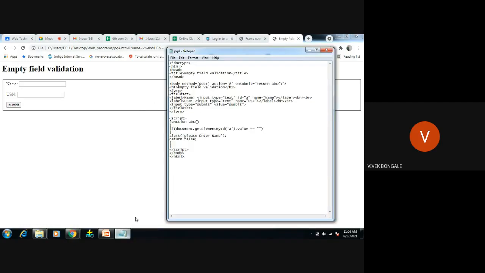If you want to add it, copy the same code again. Control C, copy this, paste here, change the ID to B. Copy the same thing, Control C, go here, Control V, change to B, and save.